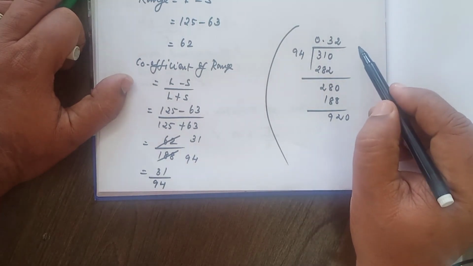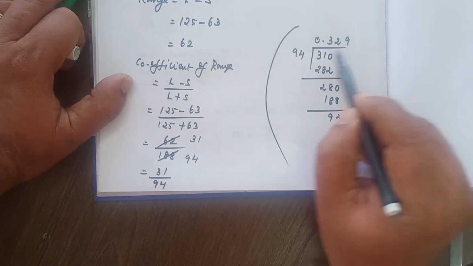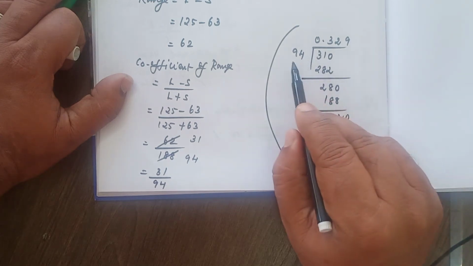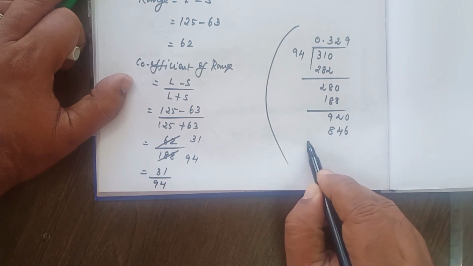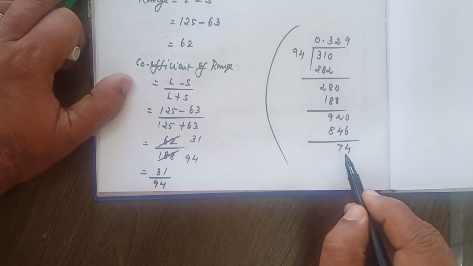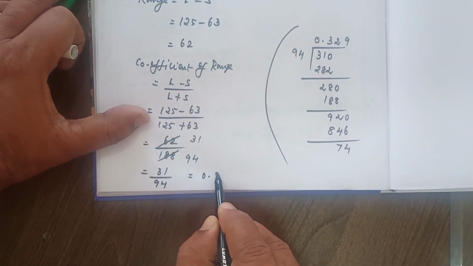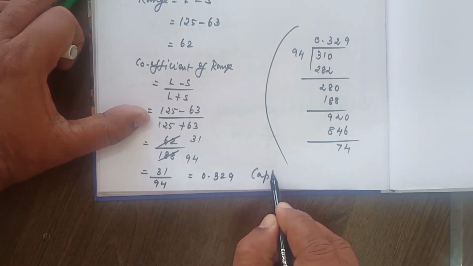How many times? You can go for 9 times. 9 4s are 36. Balance 3, 9 9s are 81, 81 plus 3, that is equal to 84. 10 minus 6, that is 4, 11 minus 4, that is 7, 74. Enough. That is equal to 0.329. You just write approximately,